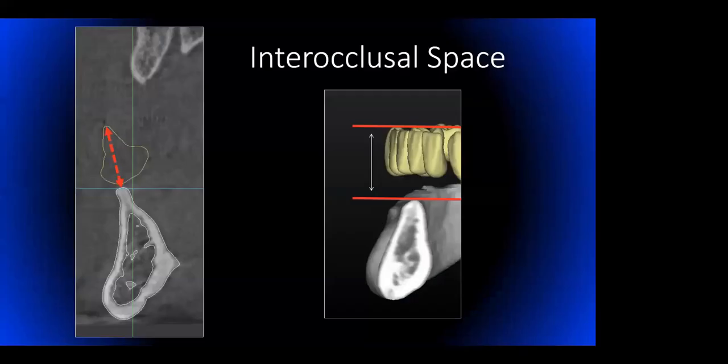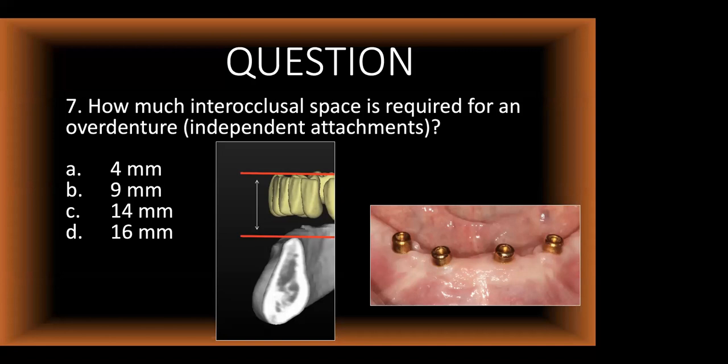We always want to look at interocclusal space. Interocclusal space is very important with an overdenture. Now let me explain why. First, how much interocclusal space is required for an overdenture when you have independent attachments? So if you look here, I have